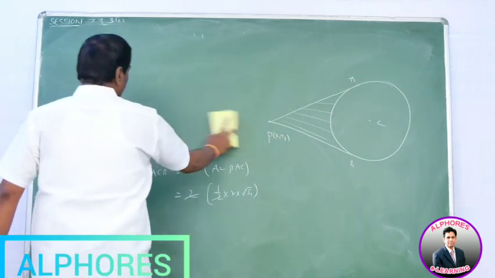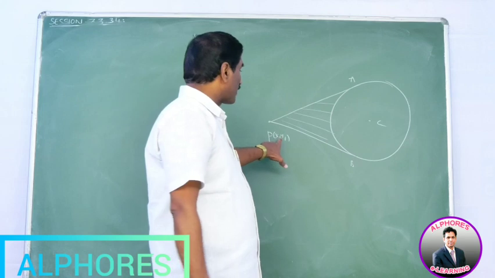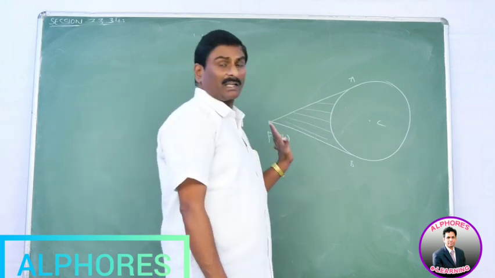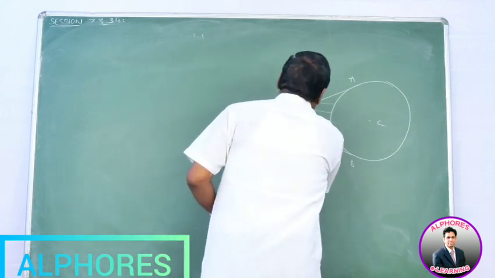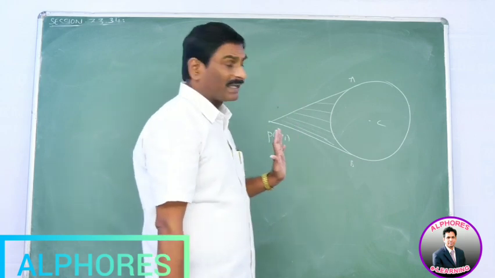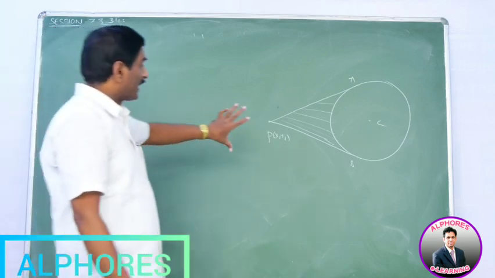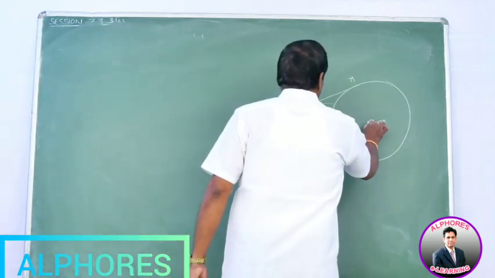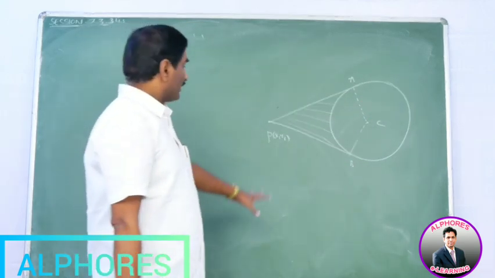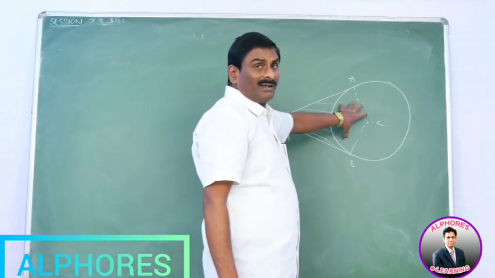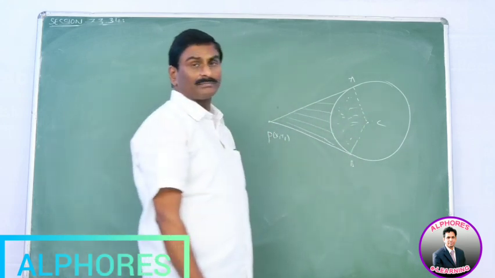Third point, very, very important point. The area bounded by the pair of tangents from P x1 y1 with the curved surface of the circle. Area bounded by pair of tangents with the circle. That means this shaded region, the area bounded by pair of tangents and the curved surface of the circle. Already we found the area of the quadrilateral PACB. That value is equal to r into root s11. This total area is equal to r into root s11. By subtracting this sector area from this total area, we get this area.